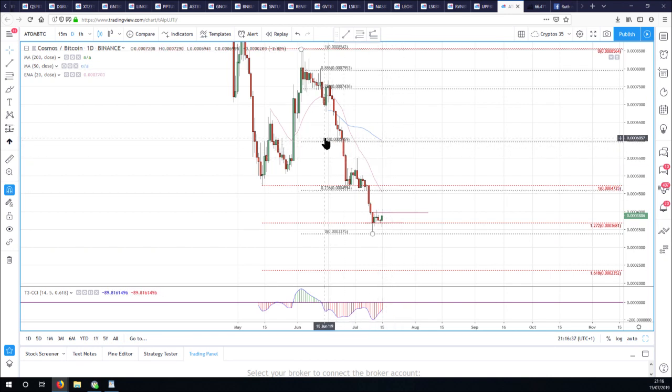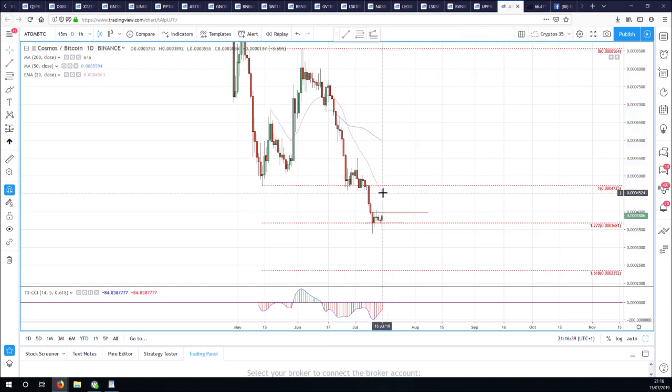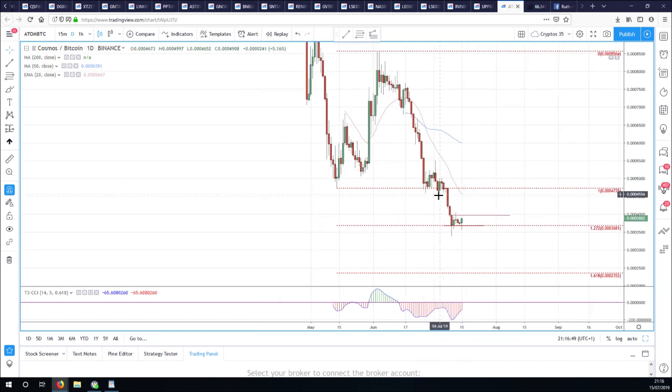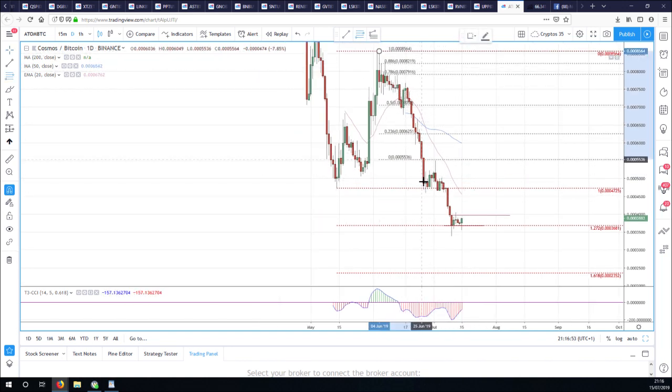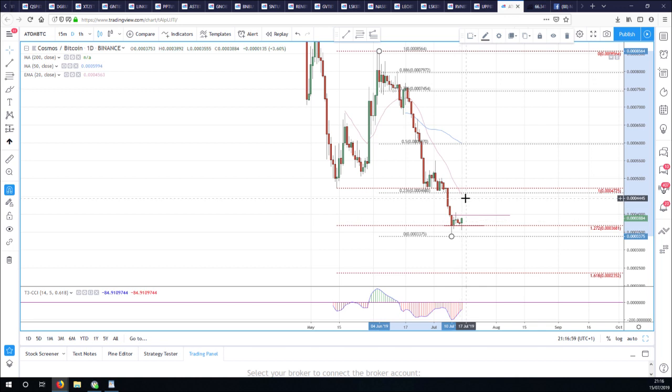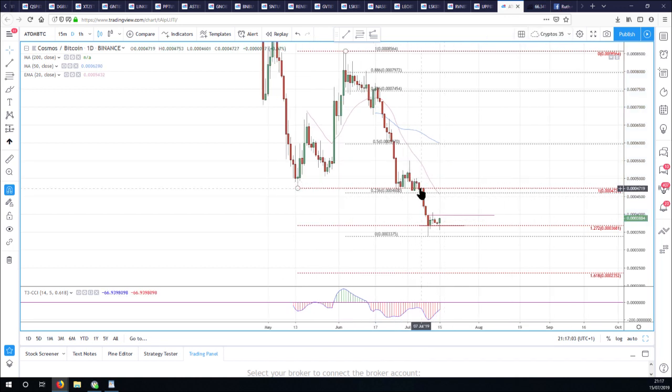So if you don't know how to draw fibs, don't worry. 20 EMA, 50 SMA, those are the two targets for Cosmos, making a nice little bottom. But let's not get too excited, because we've done this before here, look. And when we drew that from here to here, where did we stop? The 236 fib. So that's why when we do this, we've got to get above that 236 fib, or it'll just be a nice little consolidation in a downtrend.